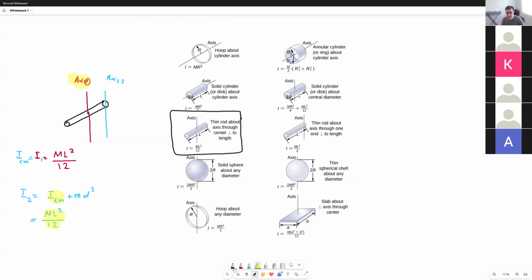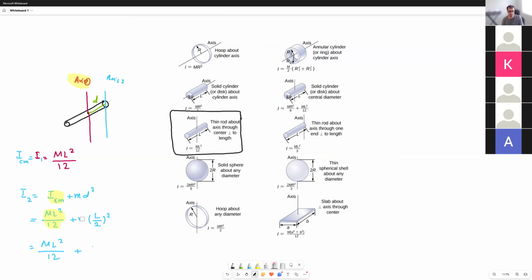Okay, the distance is how much? The distance is this much, the distance between the two axes. This is going to be d. In this case, it's going to be half the length of the rod, plus m, half the length of the rod. If you call the length of the rod big L, half the length is squared. So let's see what I get. mL squared divided by 12 plus,